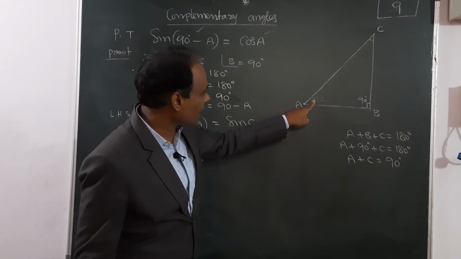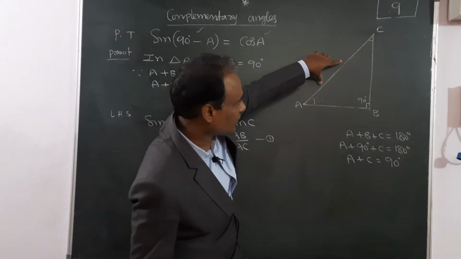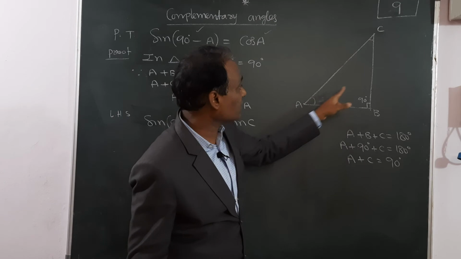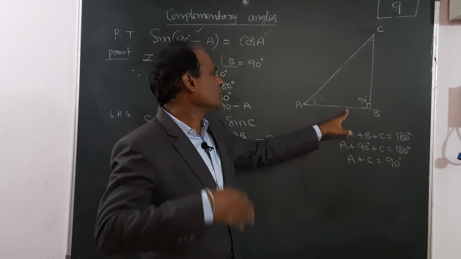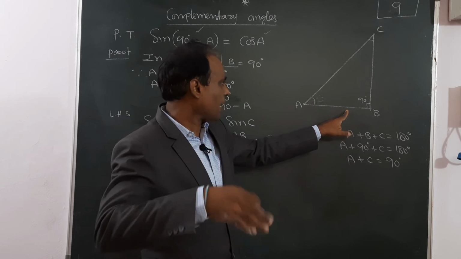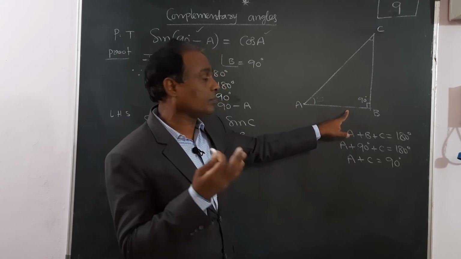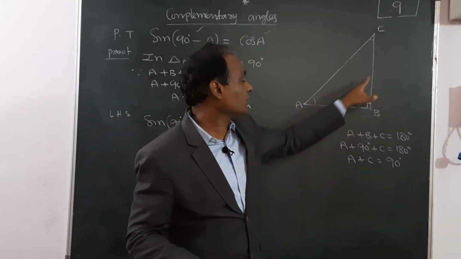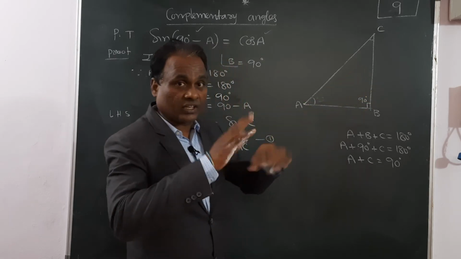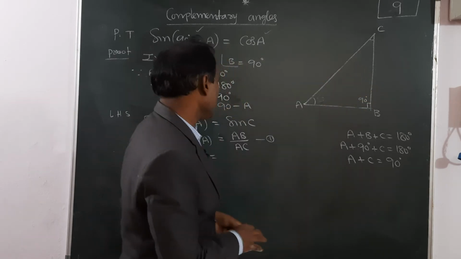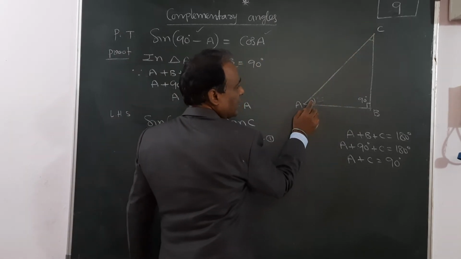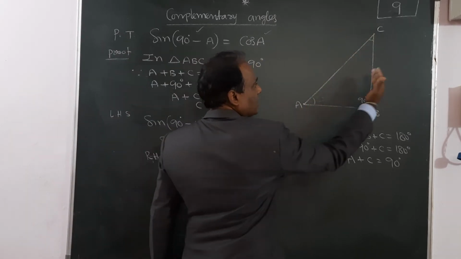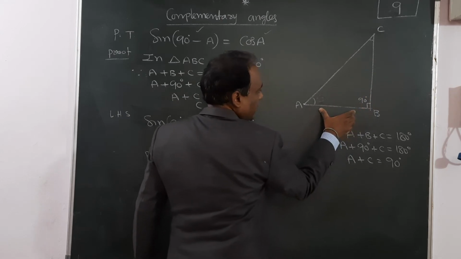So if angle A is the angle, hypotenuse is same. So for this angle, this will become opposite, this will become adjacent. We studied and practiced so many problems on this concept in the first exercise. Opposite and adjacent will always change as per the angle. So now I am taking angle A, forget about C. Now I am taking this angle. For this, what is the opposite side? BC. Adjacent will be AB.